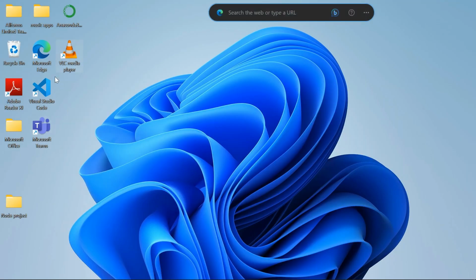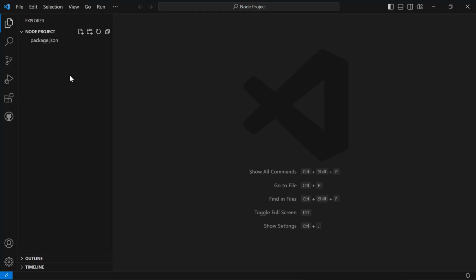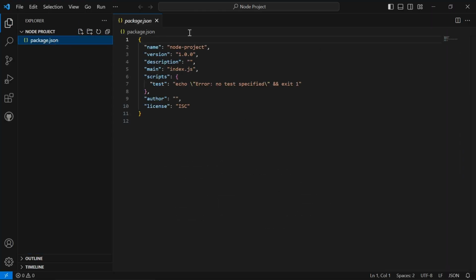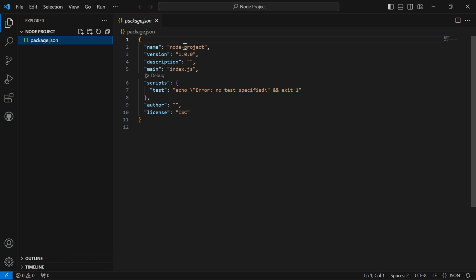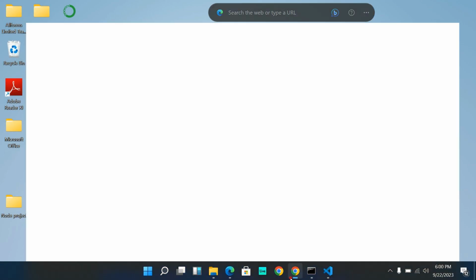Now let me open VS Code to show you guys what it looks like. Okay, so see our package.json file. Inside it will have version 1.0.0. The next step is to now install the necessary libraries that we'll use to set up our server. For this video and for the purpose of making you understand more, I'm going to install Express.js, which is also